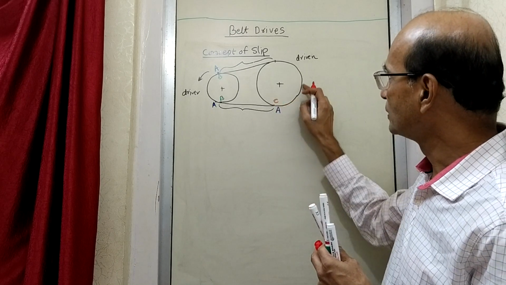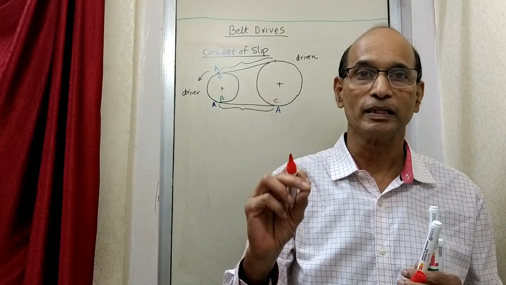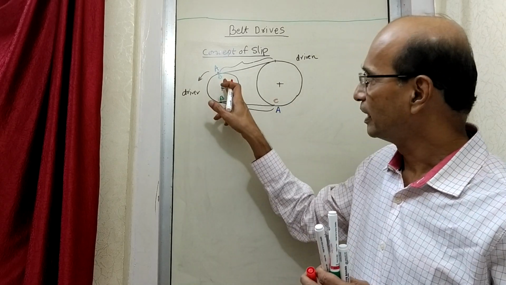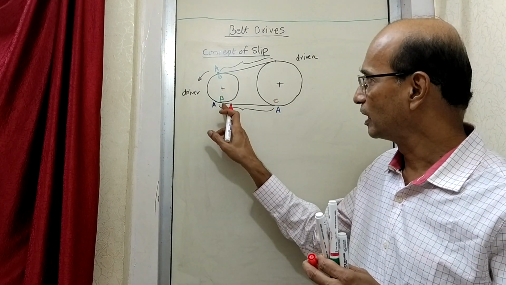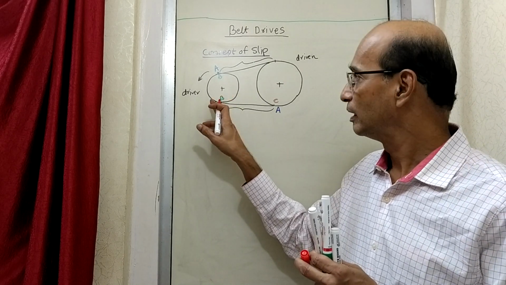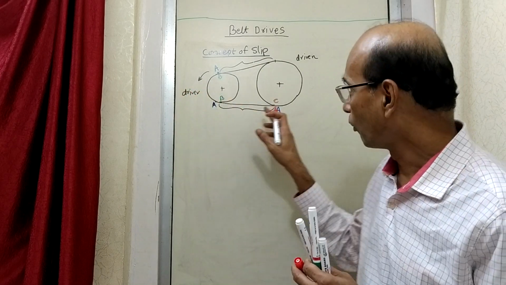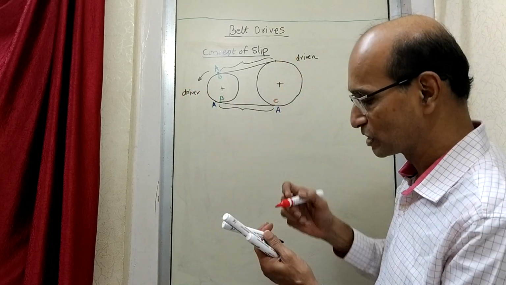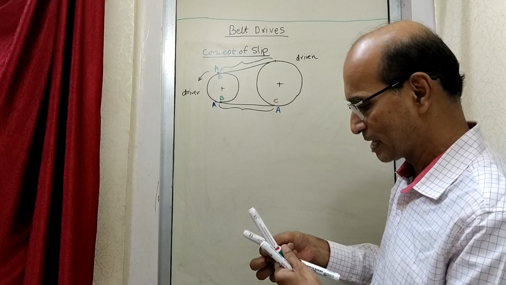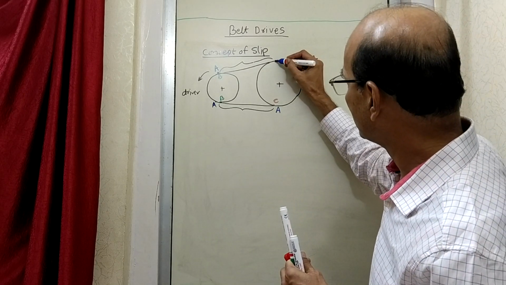When this point C reaches here and when A also reaches here, what will happen? Will they be together, A and C? Here you have seen they were together, but B reached first and A was behind, because B was the driver and it has taken A, but with slip. Now suppose you imagine that A has reached the last point. So A has reached the last point, that means A is now here.